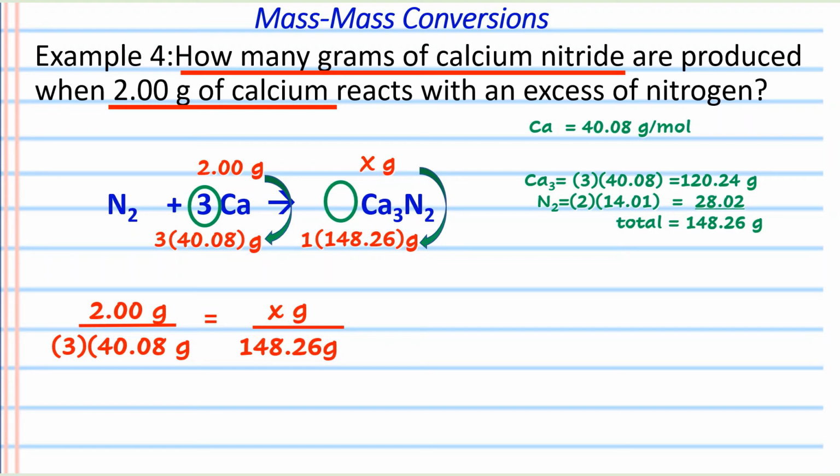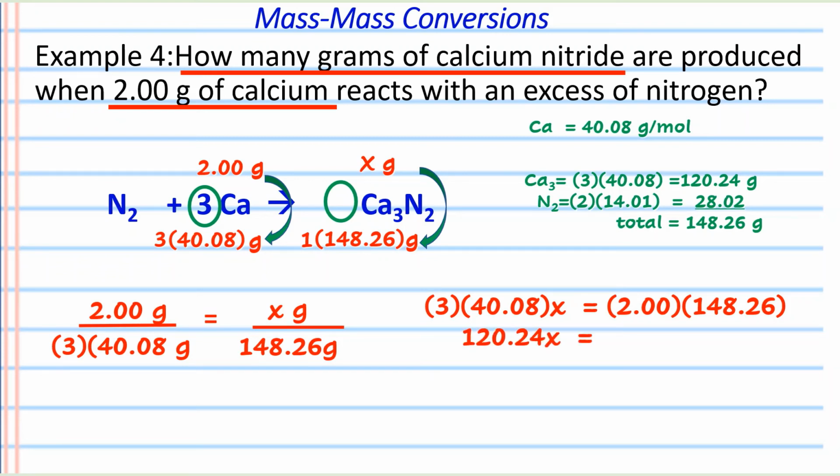We're going to cross multiply to solve. So we have 3 times 40.08 times x is going to be equal to 2.00 times 148.26. I'm going to get rid of my parentheses there by multiplying through, and I can see that I'm going to need to divide